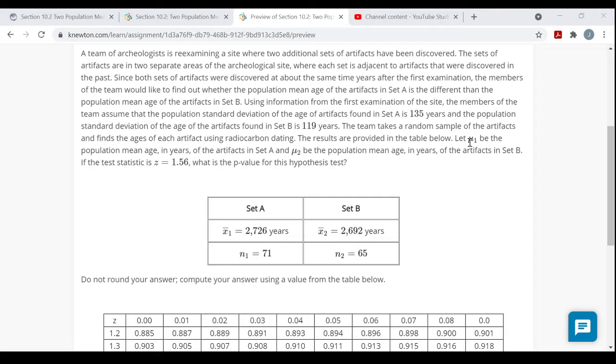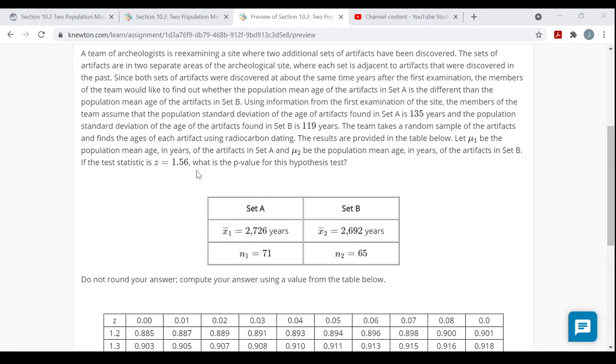So we're asked to let mu1 be the average age of the artifacts in set A, for the entire population, and mu2 be the population mean age of the artifacts in set B. Now you could find this on your own. We've seen how to find the test statistic for these tests of the difference between two population means where the population standard deviations are known. A z-score, but they're giving it to us here. The test statistic is z equals